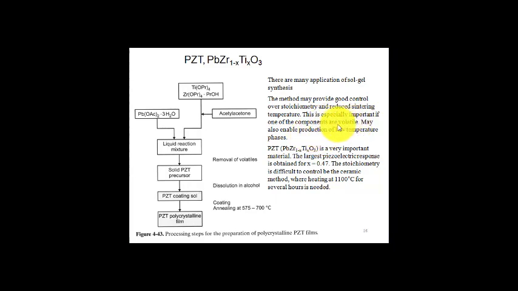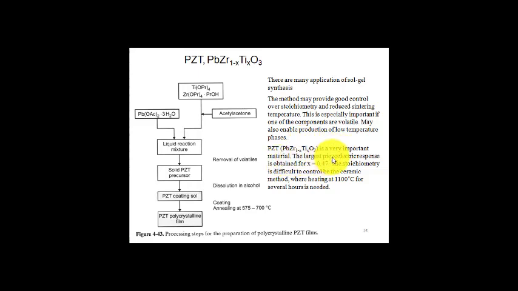So if one of the precursor components is volatile and we use solid state reaction, it will evaporate because volatile substances evaporate very easily, and it will be removed from the reaction mixture and we will not get this component. To avoid this problem, we can use the sol-gel method, and the volatile component can be kept in the reaction mixture.